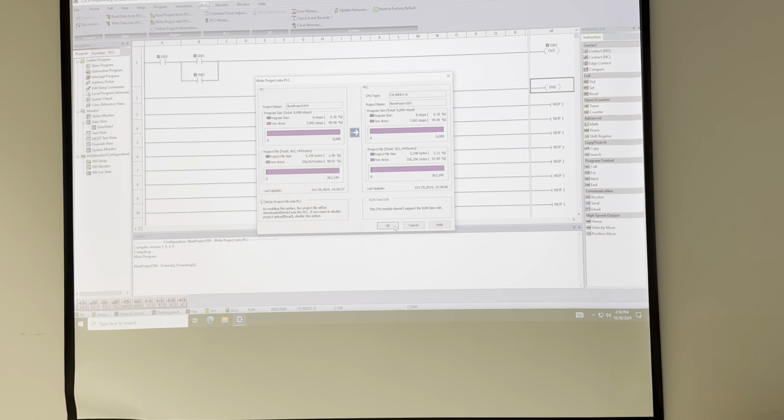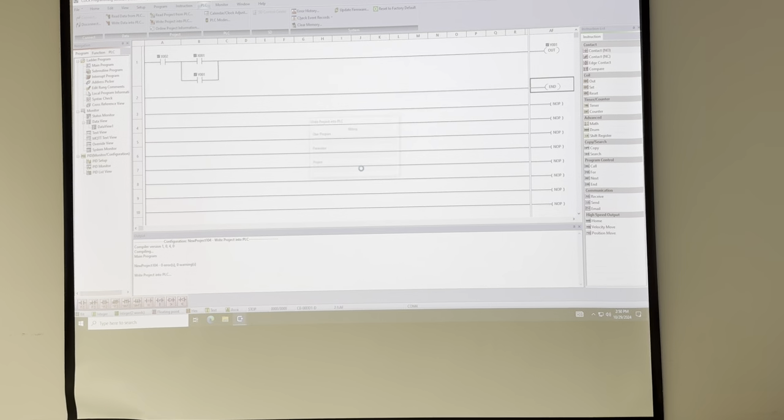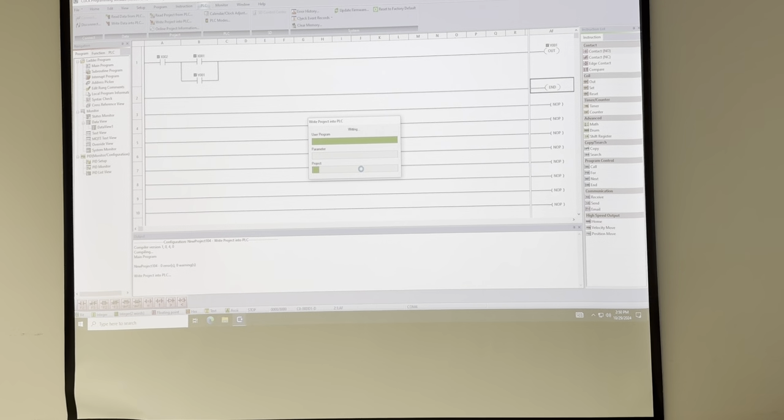save it. It's asking me, my PLC is in the wrong mode, but in order to write this program into the PLC, I need to switch it at the software level or hardware level to stop mode. So I change it to the stop mode, and now it's transferred, no error. So I will go back to the run to be able to test this,